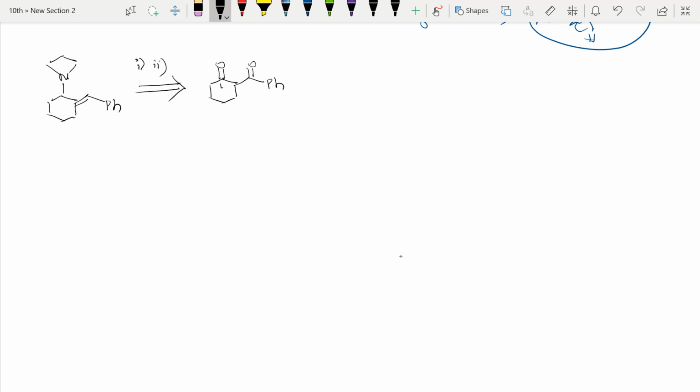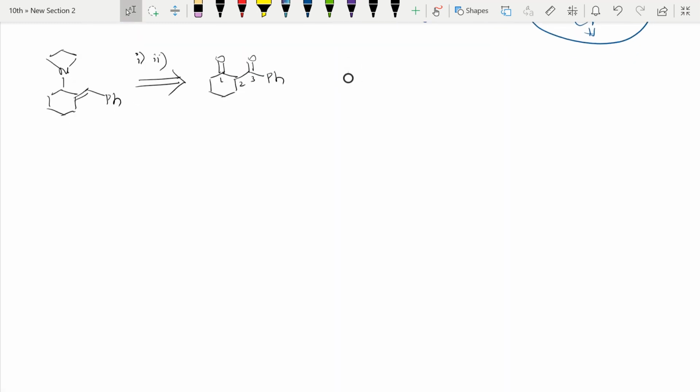So what is this? See, 1 2 3, a 1,3-dicarbonyl is there, 1,3 relation, right? I explained about diketone, same thing here, dicarbonyl 1,3 relation. So where I can see here like this, I can disconnect, right? So further disconnection, I'll get this thing, minus charge here, plus COPh, plus charge here. Instead of writing, sorry, here plus charge I should show, right? So plus charge here, so instead of writing plus I can write chlorine also, right?